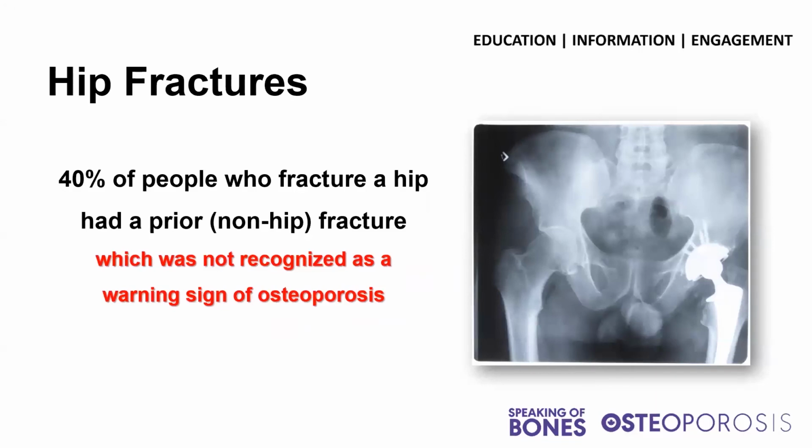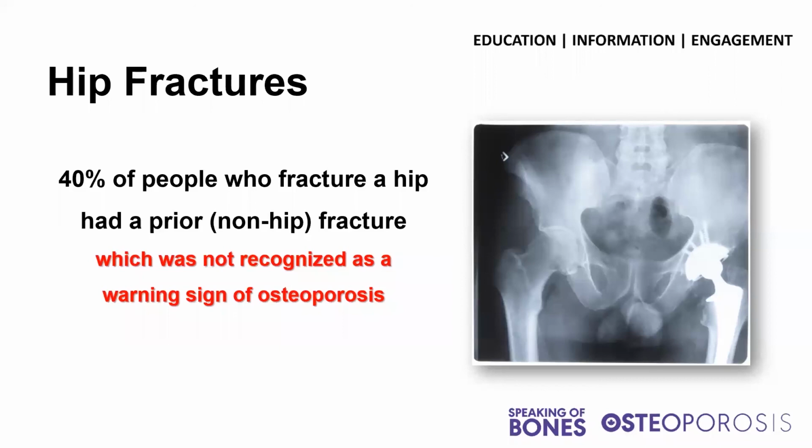Another type of fracture is hip fractures. The consequences of not being diagnosed with hip fractures can be really devastating, because about 1 in 3 hip fracture patients will suffer another fracture within 1 year. After a spinal fracture, the risk of suffering a second spinal fracture is 20%. After a wrist fracture, it's only 14% of people who will suffer a fracture in another year. So for hip fractures, it's a lot higher.